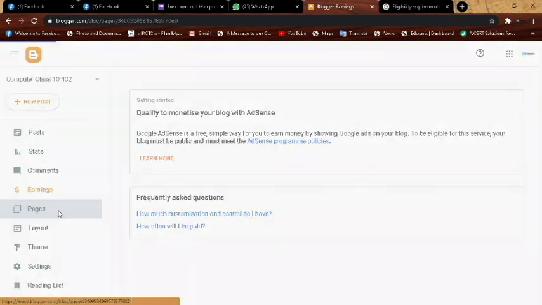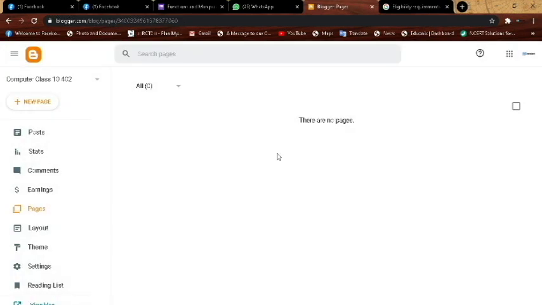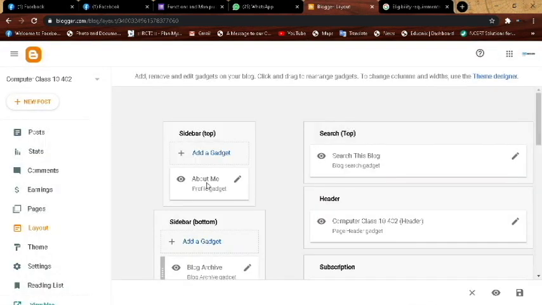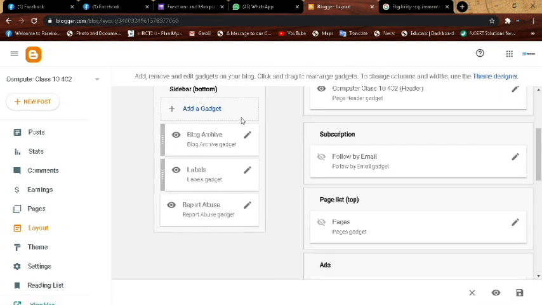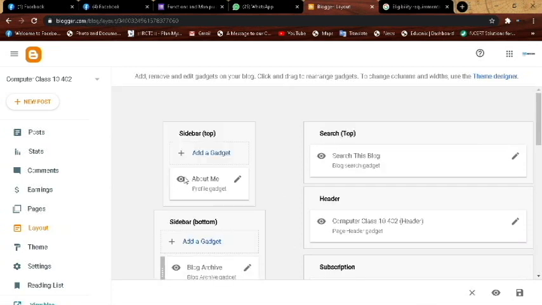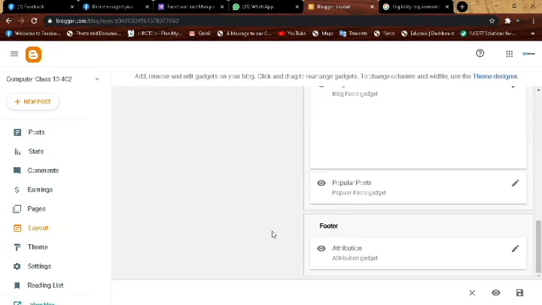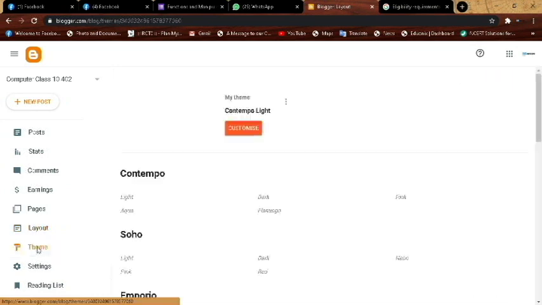Then it will show you the pages, layout. Layout means the design of the page. So add gadgets, about me, you can write here. Here you can add some gadgets, blog archive. So any one you can select for your blog page, and this is your theme.